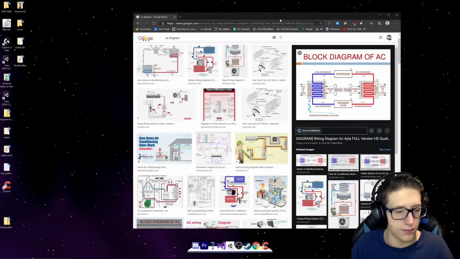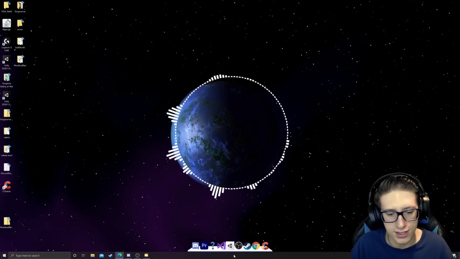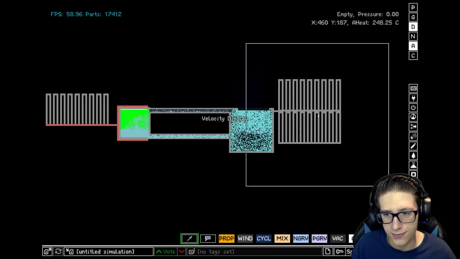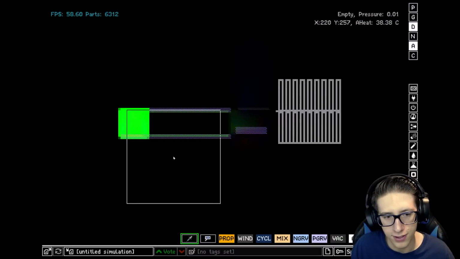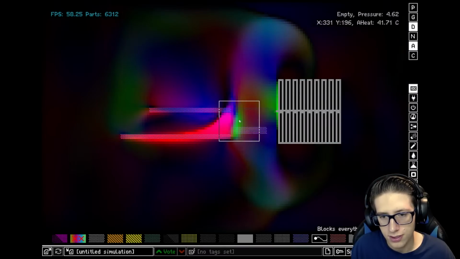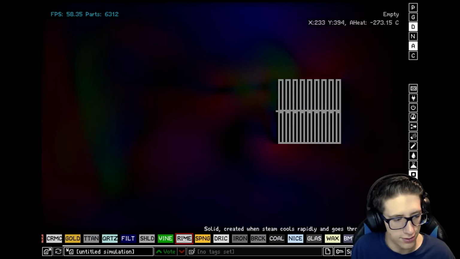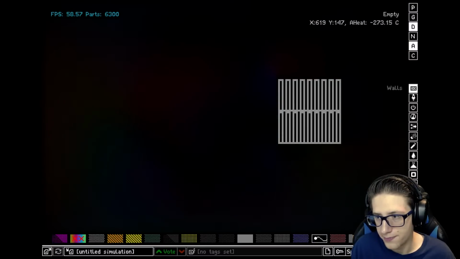Alright, we're gonna use this beautiful diagram here to try to redesign what we've done. It's alright. I kind of like my radiator, so I'm gonna keep that. But everything else, whee! Look at the pressure! So exciting, rainbows. Alright, AC, take whatever this is now. Insulate it. We will eventually. Alright,